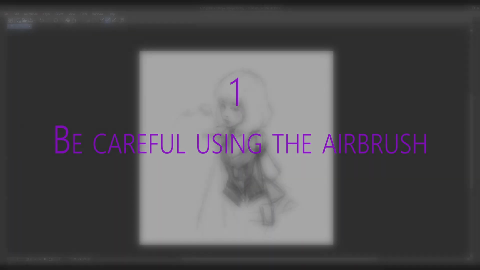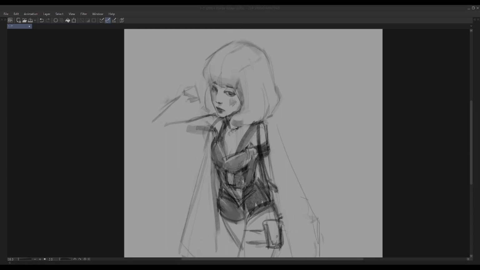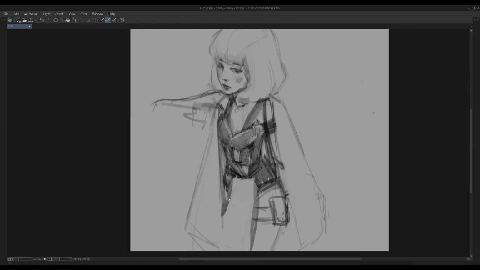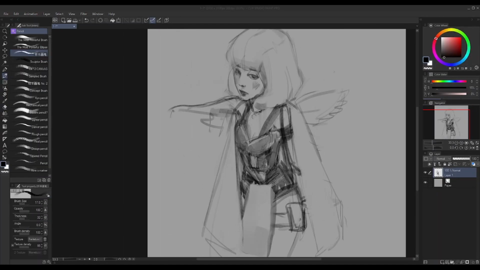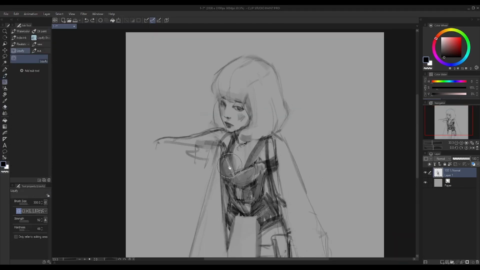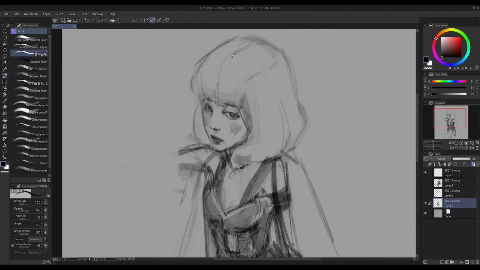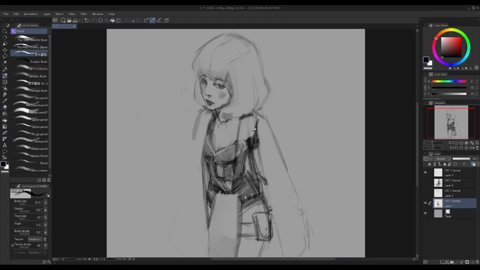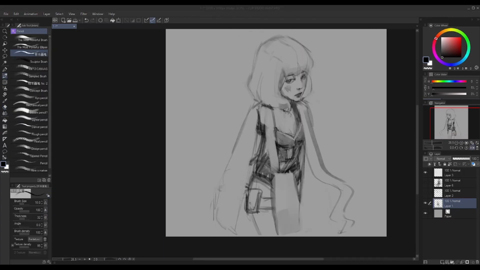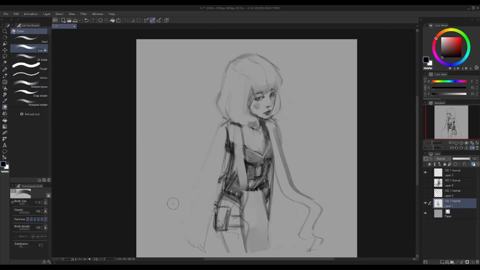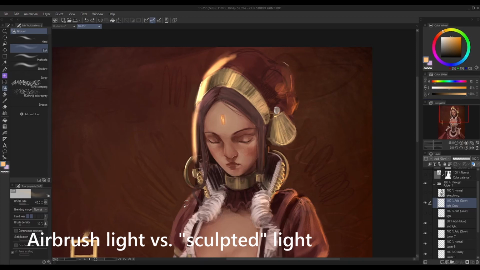I see a lot of artists paint light using the airbrush, and I personally don't recommend doing this in most scenarios. And instead of this, I recommend you use a harder edged brush to sort of sculpt light into forms. And what I mean by sculpting with light is using more hard edges to paint light boldly. I almost always avoid using an airbrush to paint any important light source, and the reason I avoid it is because trying to paint a strong light source, such as sunlight for example, using an airbrush will create a weak,